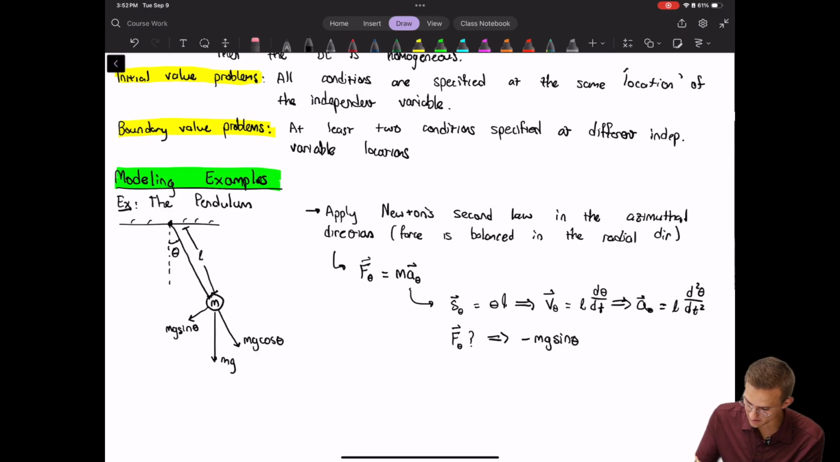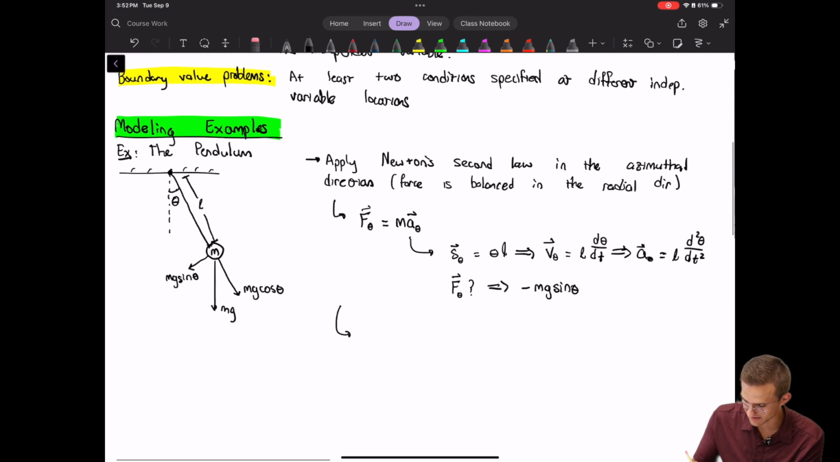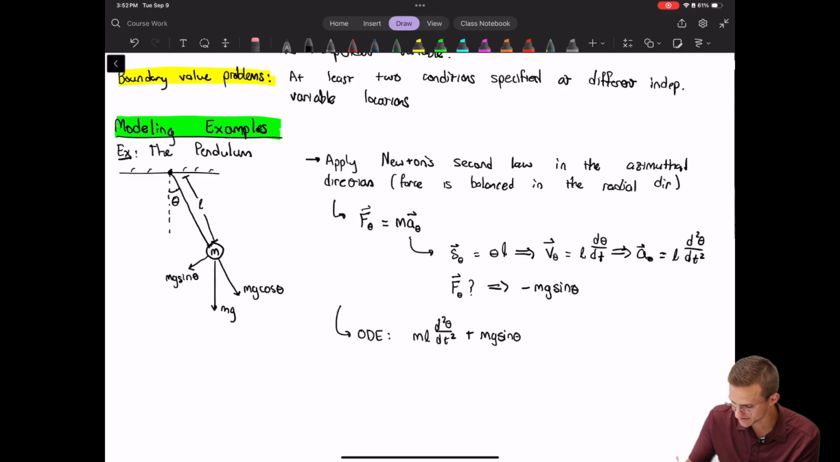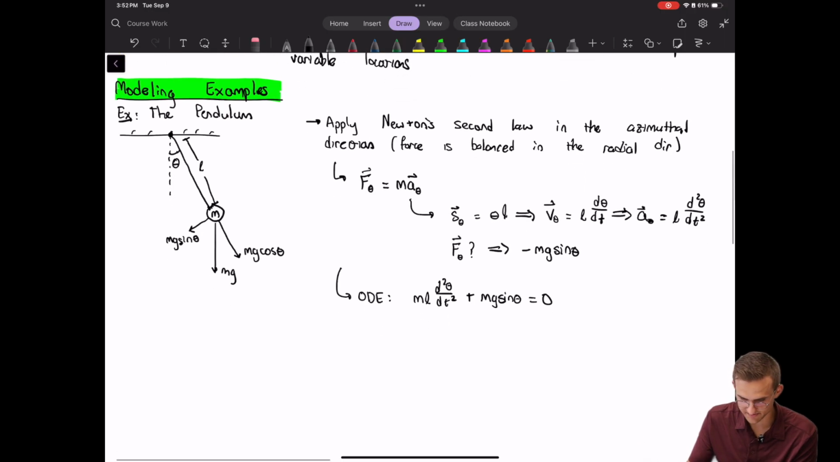Okay, so then we plug both of these things into our governing physical law, which is Newton's second law, and we end up with an ODE of the form m times L times d squared theta dt squared plus mg sine theta is equal to 0. Okay, and we can divide the entire equation by mL, and